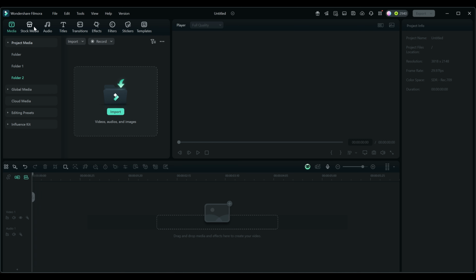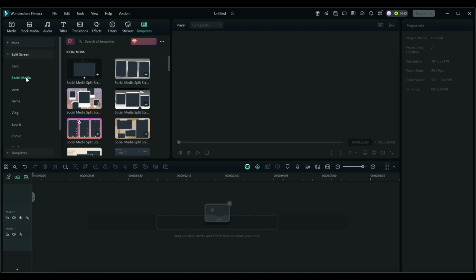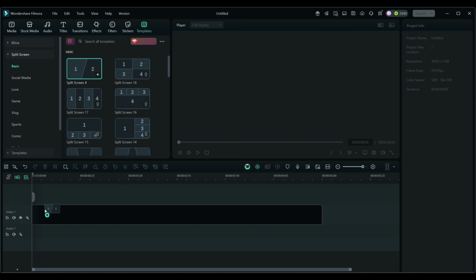So to get a split screen, we would click on templates. And there are many different types of templates, and we're going to cover just the basics here. So we're going to take one of these. Although they have some very cool ones, they operate kind of the same way. They come with their own animations and so forth. But I think we need to start with just the basic ones. So we're going to take one that just has two videos. So the first step is to just grab the one that you want and drag it down to the